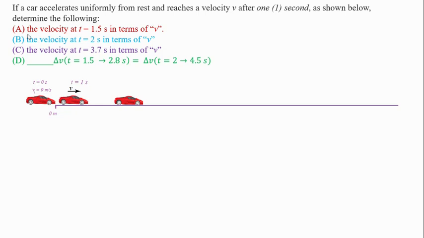Okay, so in this particular video, we have a car that accelerates uniformly from rest and it reaches a velocity v after 1 second. The problem wants us to find A, B, C, and D. So here in the diagram, I have the car starting at rest at time equals 0. Its initial position is 0 meters to start. And it says here in the diagram that after 1 second, it reaches some velocity v, at exactly 1